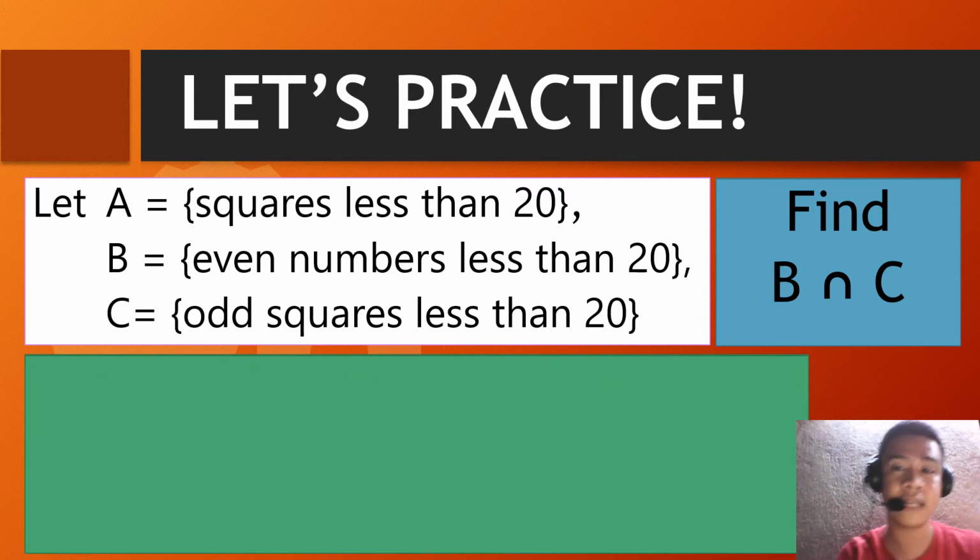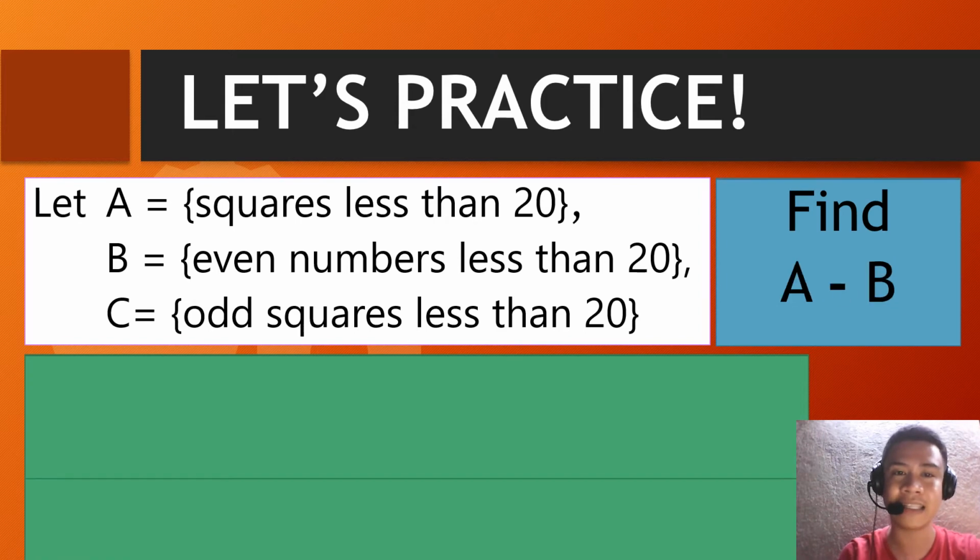Therefore, we can say that B intersection C is empty set or null set. Since wala po silang commonalities. Walang 9 sa set B at walang 1 sa set B. Therefore, B intersection C is equal to empty set or null set. Next,